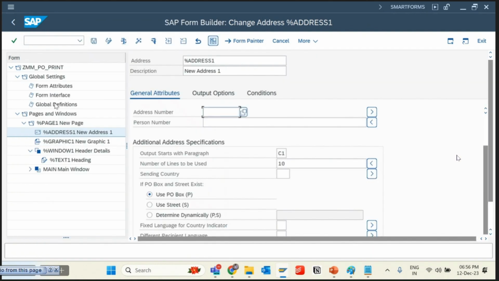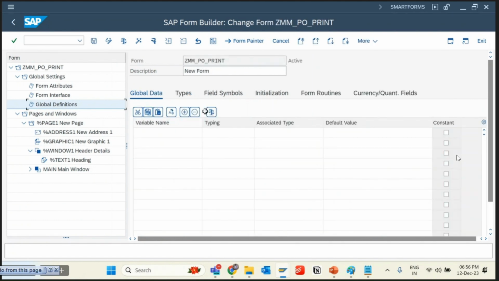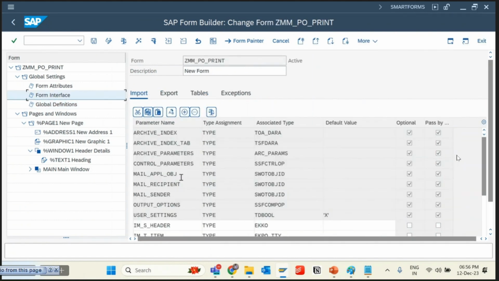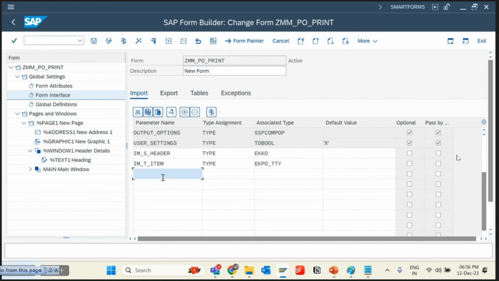Okay, no problem. I'll go to the form interface probably. Here I can write IM address type this,